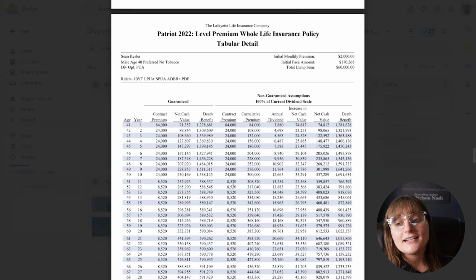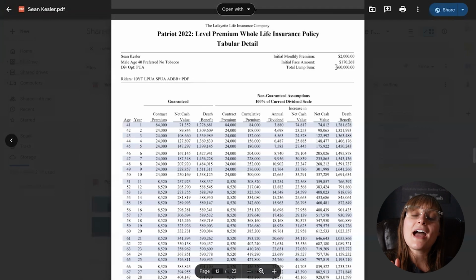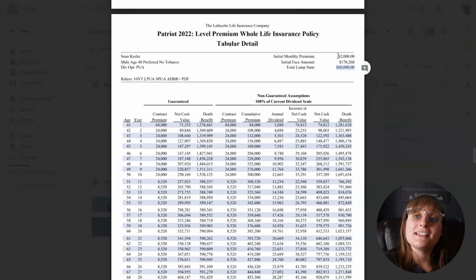But you know what, Hannah? This cash bucket is $60,000. I know that I cannot do 60,000 every single year. I feel more comfortable doing 2,000 a month for right now. So how I designed his policy is I took that $60,000 dump-in, and all of that goes in as paid-up additions inside of that policy.